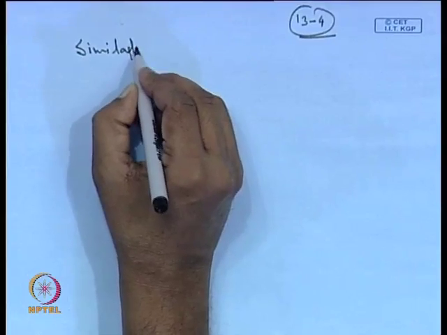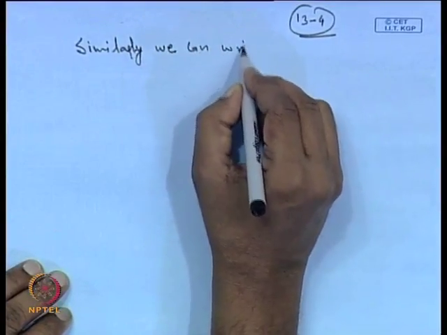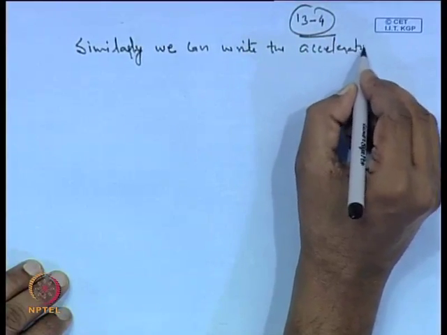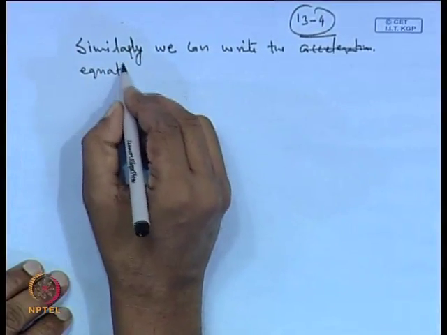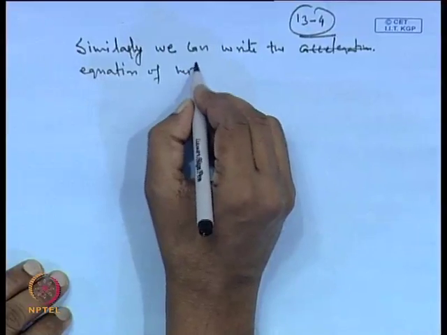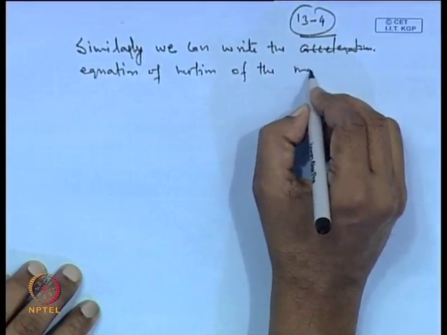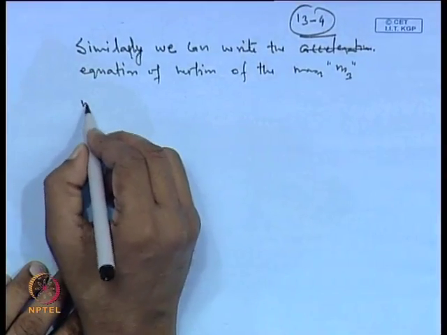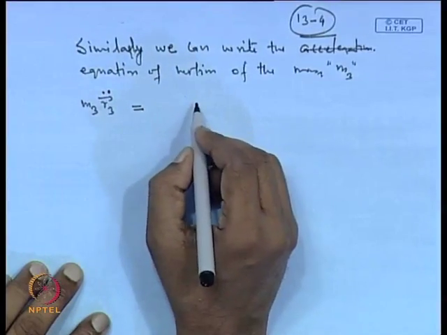Similarly, we can write the acceleration or the equation of motion of the mass m3. So, m3 times r3 double dot, this will be equal to